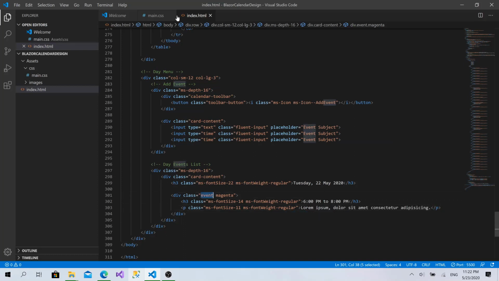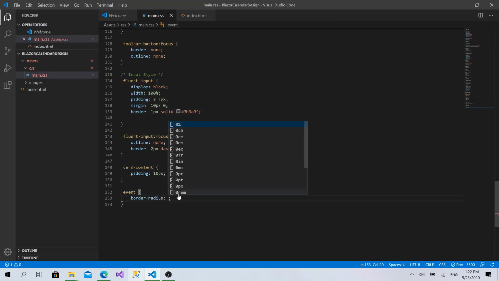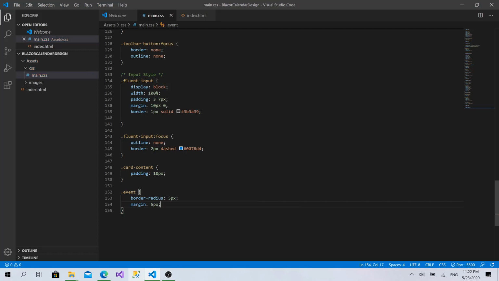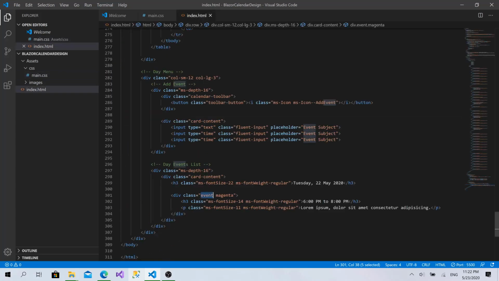Now let's add the class event. Add a border radius of 5 pixel. Margin of 5 pixel and padding of 5 pixel. Regarding the colors and whatever, it's already there. And I prefer to add a shadow